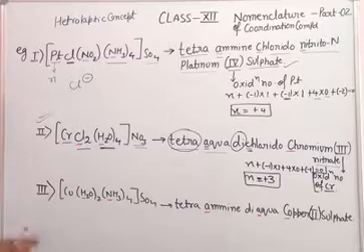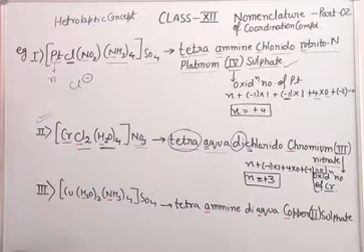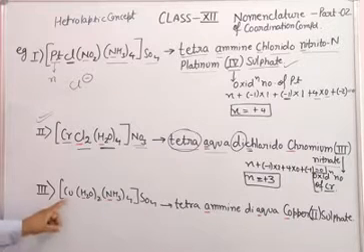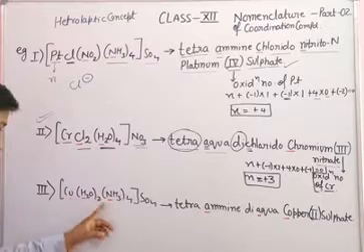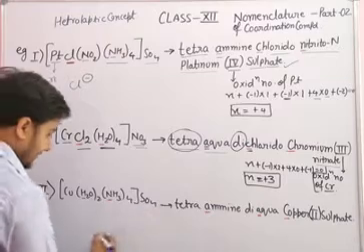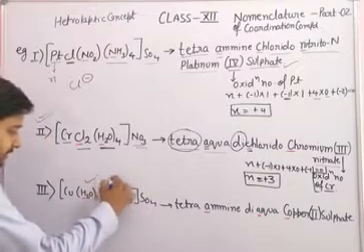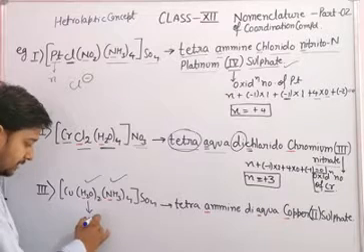So the last example is this one. How to calculate the oxidation number? This is here. Okay. So the last example for nomenclature: central metal atom, that is copper, H2O whole twice, NH3 whole 4, SO4. Okay. Now in this case we will write the name of this one or this one. This is H2O, that is aqua.